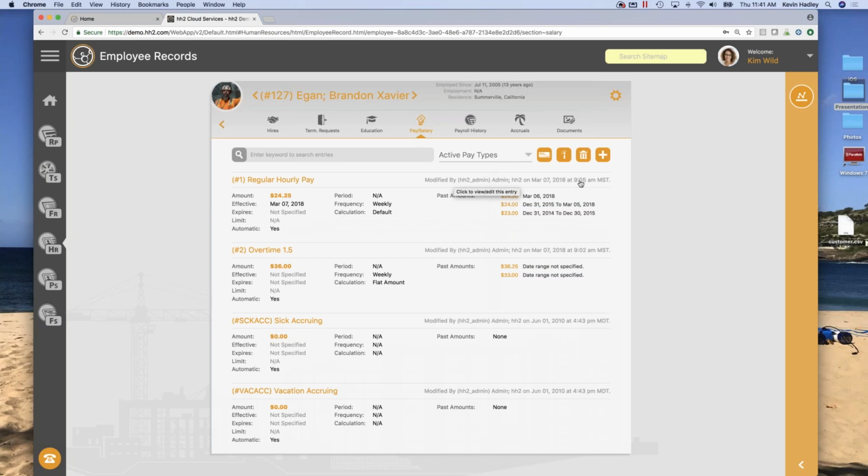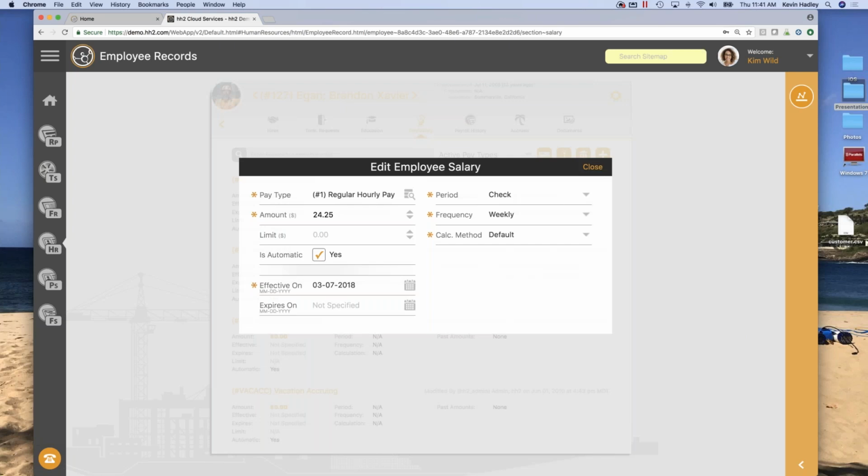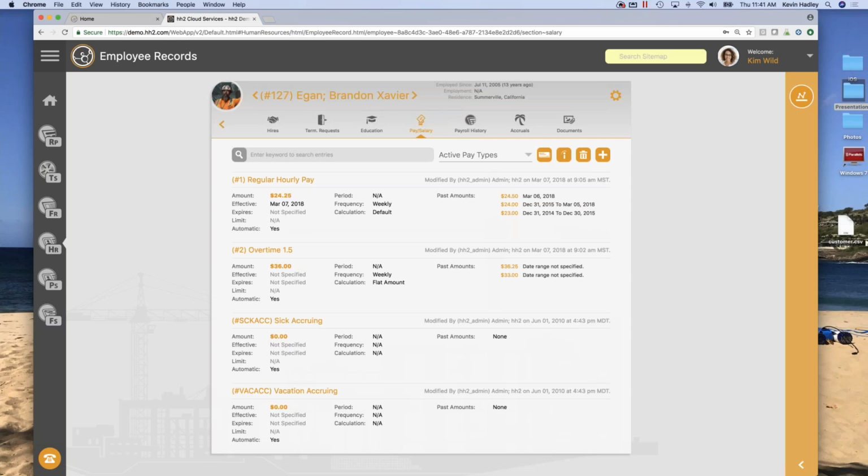Okay, so those historical pay rates are given here, and again, I can change it. If I just click on that, it brings it up here. I can make changes to when I want it to be effective, and then it will start that new rate on the effective date that you put on it. Okay, so there's things that you can do there.